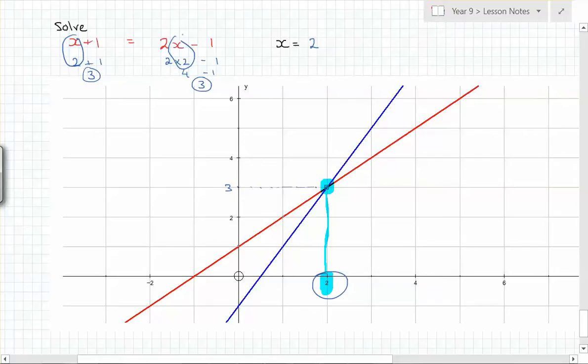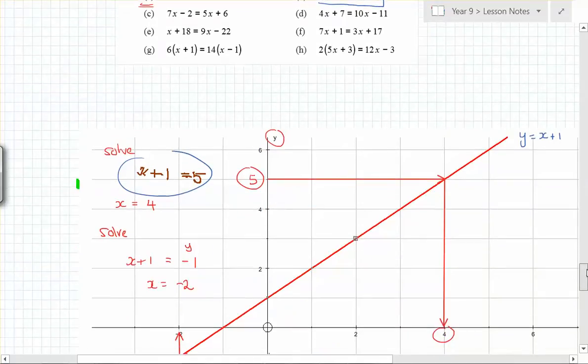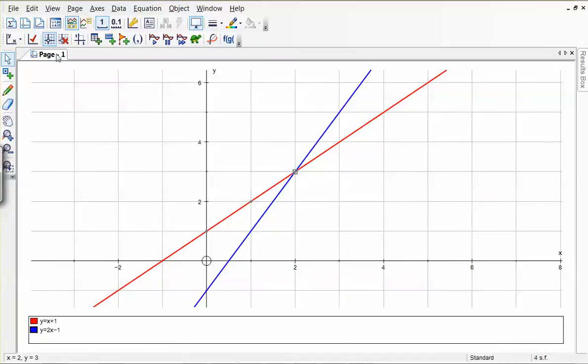But how do you know it was the red line, the one that was x plus 1 that we drew? So what we'll do is we'll do another one together. We'll do 2x plus 4 equals 3x minus 1. Okay? Can you remember that? 2x plus 4 equals 3x minus 1. What we're going to do then, to solve that, let's do